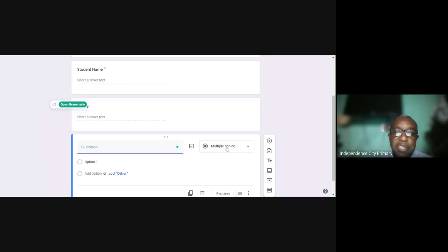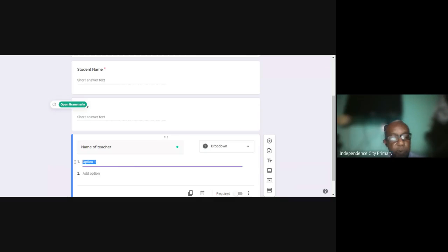Let me do an example. It's a drop down. We choose the option to say name of teacher, and in the section that says option 1, we give the name of the first teacher,